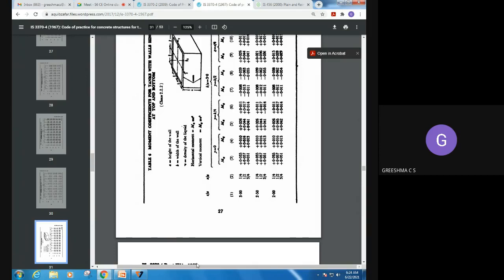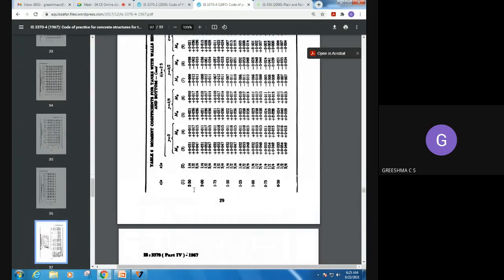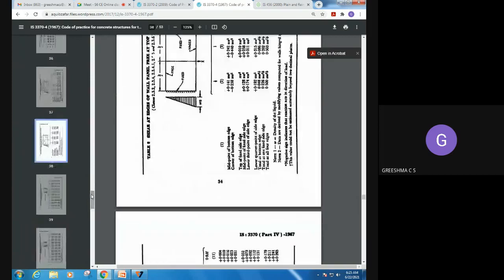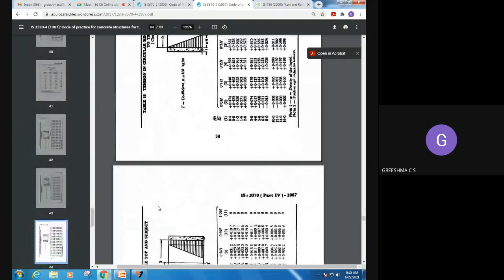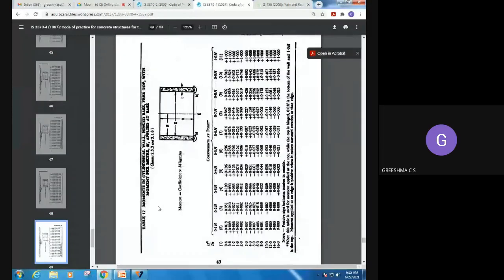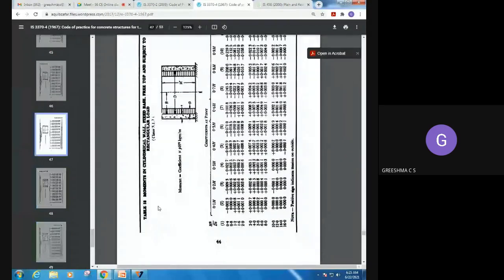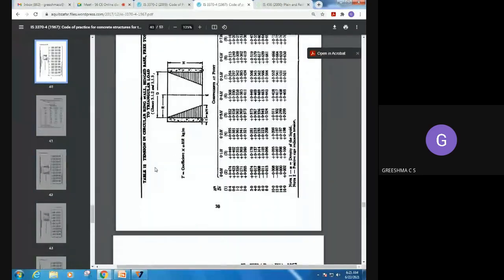So ours is a circular water tank. So anyway, we don't have anything to do with the rectangular water tank. The circular water tank is in the last portion. This all tells you about the rectangular water tanks, the different conditions of rectangular water tanks. You have to study about circular water tanks. So for the circular water tank, remember that it is tables 9, 10, 11.